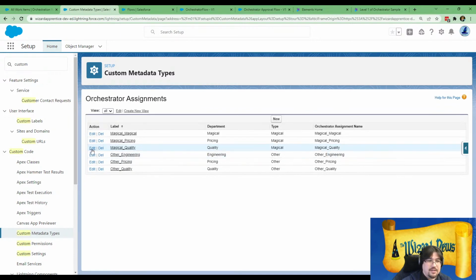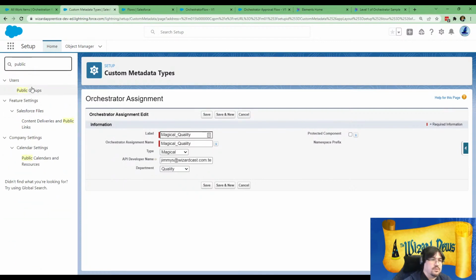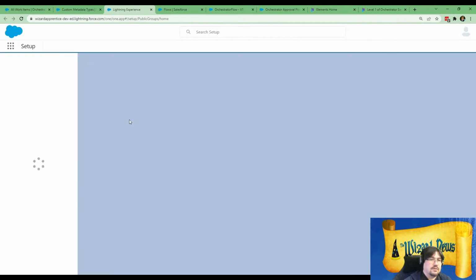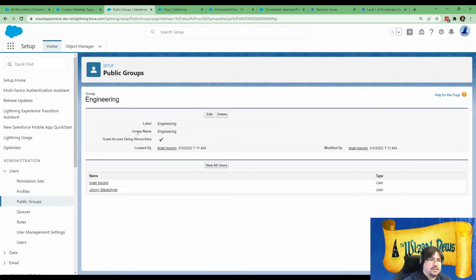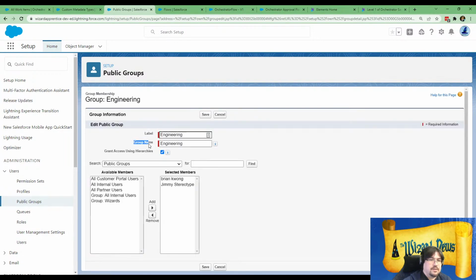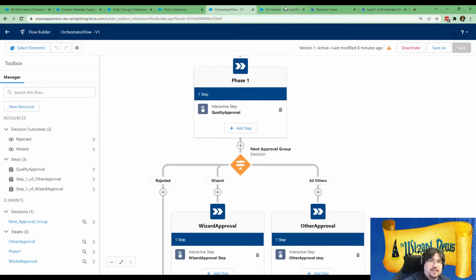Let's see if I got a good example here. So like here's a completely different user. But if we're going to use the group name, what you would want to do is use, as we wait for everything to load, you're going to use the group name versus the label in this circumstance. If you're doing a query, I'm pretty sure that comes over as developer name. But in our circumstance, I just have this set to all the users,